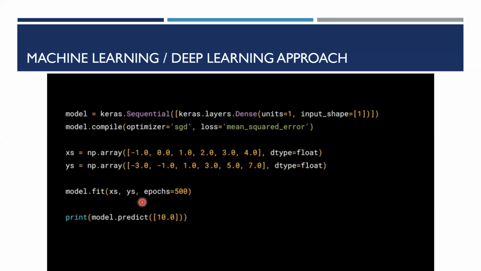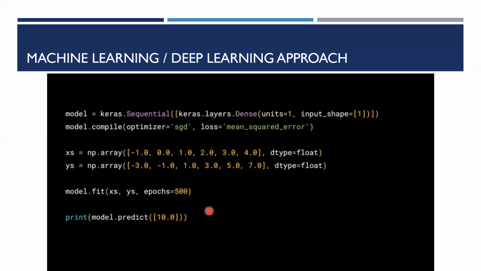And finally, after fitting it, you can predict for a new value which is not there. So 10 is not here, okay? So you can predict for 10. So this is what you will be doing for your first hands-on. And if you're using a formula, you know that 2x minus 1, 2 into 10 is 20, minus 1 is 19, your answer will be 19.